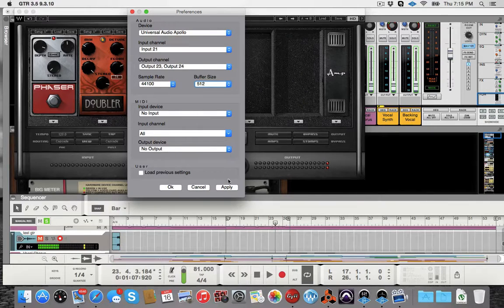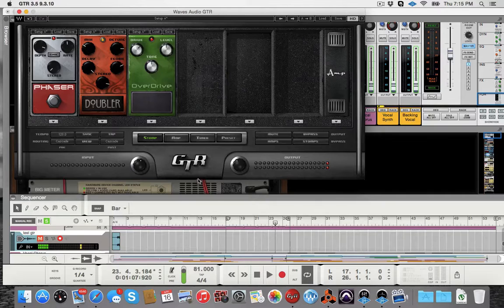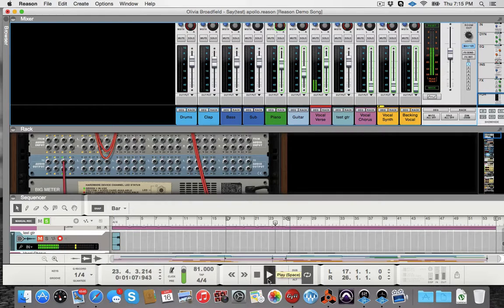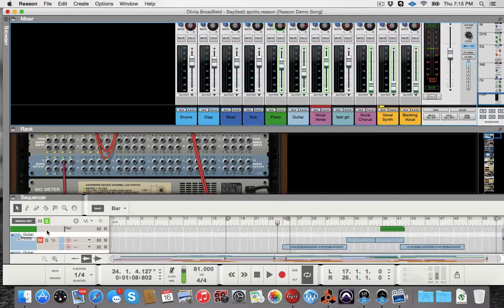So, let me give you an example. I have this set up already over here. You will have to play around with this if you get the Twin, because it'll be different. The session will be different here, but let's see. For example, all right. What I'm gonna do is that I have the vocal soloed here,